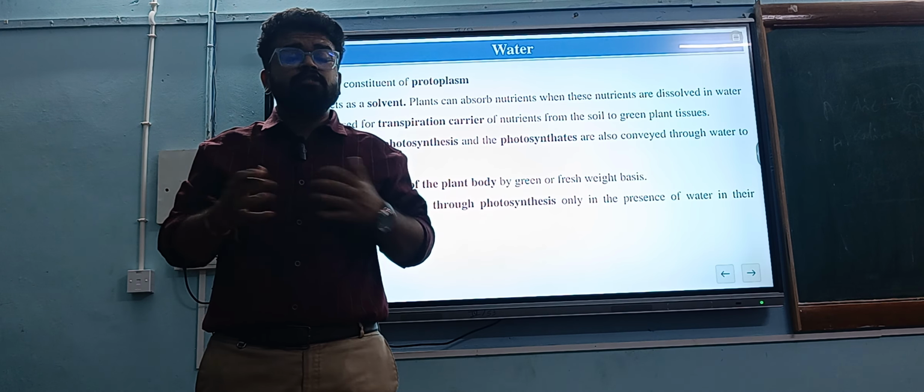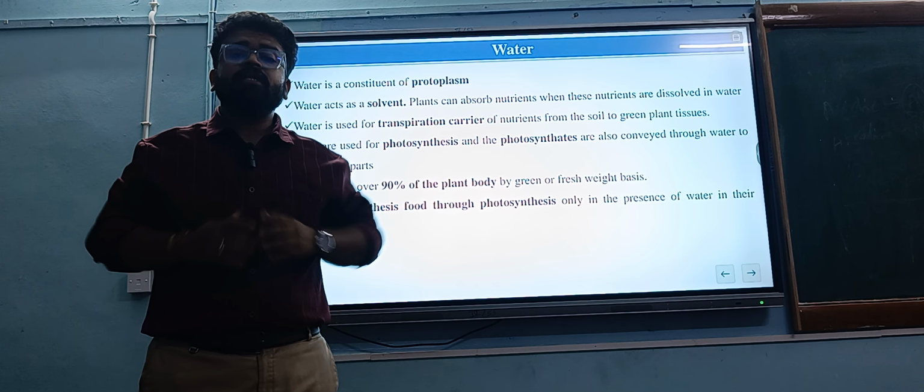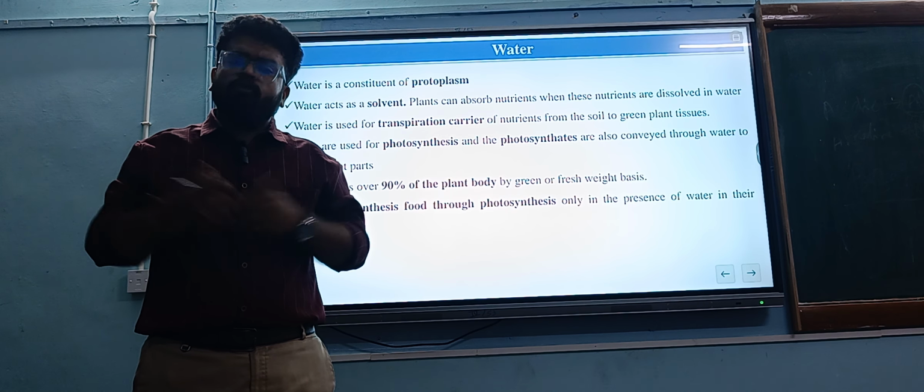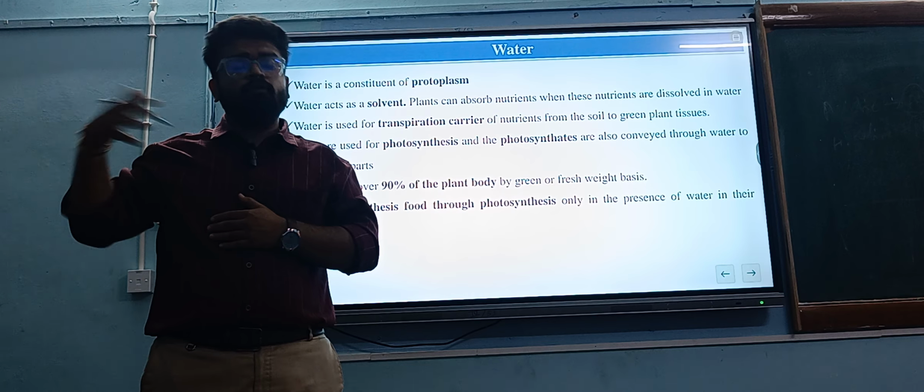It acts as a universal solvent. Any solute can dissolve, mainly the water soluble solutes dissolve in water. It is a carrier of nutrients. The transpiration pull of water in the plant plays a very important role in absorption of nutrients from the soil. Next, water is used for photosynthesis, and the photosynthates are also converted and moved with water to various parts of the plant. As you all know, water plays a significant role in the process of photosynthesis and also the transportation of these photosynthates